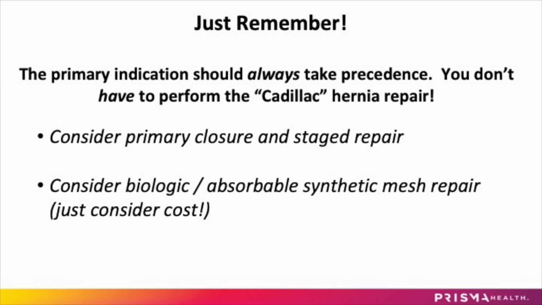I think it is still critical to remember the primary indication for the procedure. You do not necessarily have to perform the Cadillac hernia repair and abdominal wall reconstruction. If you're in a case that has a significant degree of contamination, or there are some other complications related to the primary objective of the operation, such as an anastomotic leak, some alternative to a definitive abdominal wall reconstruction should probably be considered. This could include a primary closure of the fascia with an expected hernia recurrence, but at least